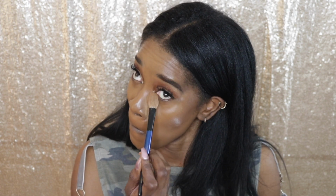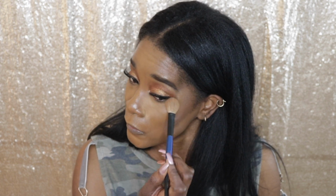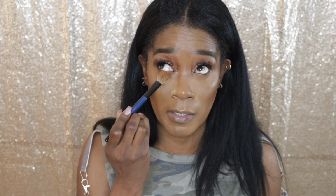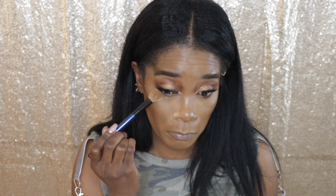I can see some coverage, and, oh wow, it's looking really airbrushed. What do you guys think? Like under my eye? It's looking super airbrushed. One thing I would say though, I don't know if you have oily skin, how this foundation would be on you. It feels like,